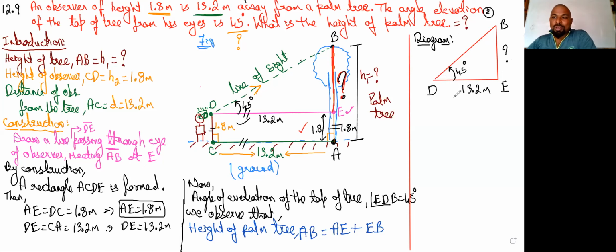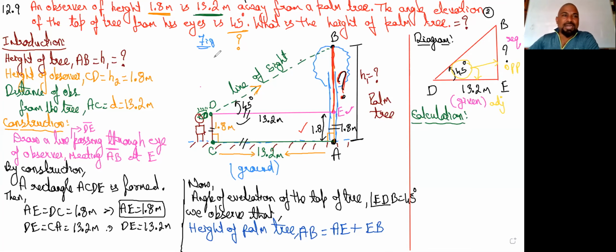So 13.2 is given, and this is required. BE is the required one. Now, what is the angle he has given? He has given 45 degrees. From that 45 degrees, the required one is at the opposite position and the given one is at the adjacent part. Opposite and adjacent. Now, what is the trig ratio? We can figure it out from there. That is the calculation part.